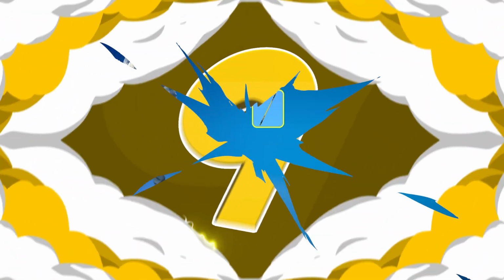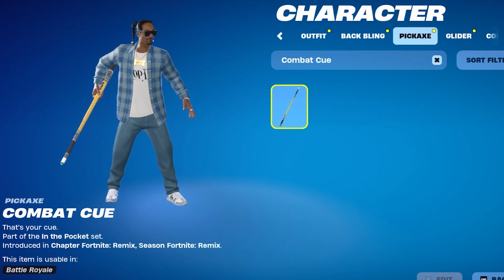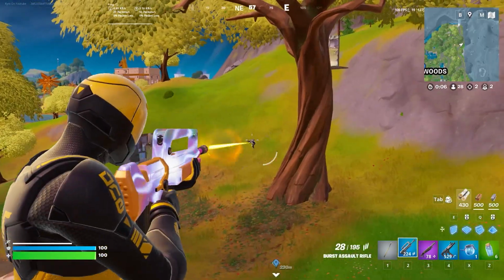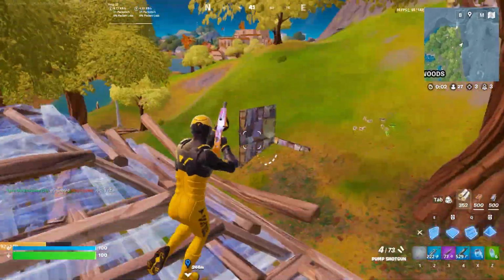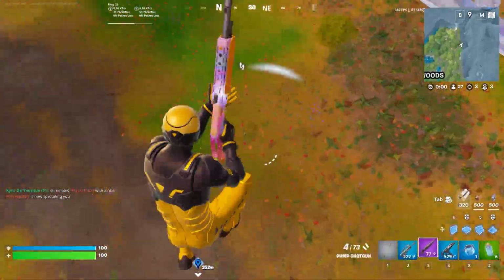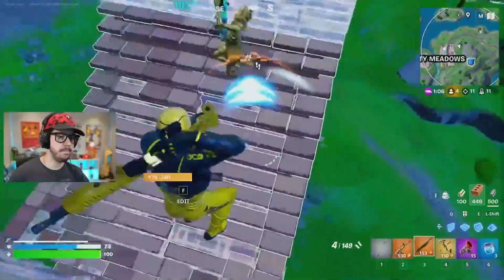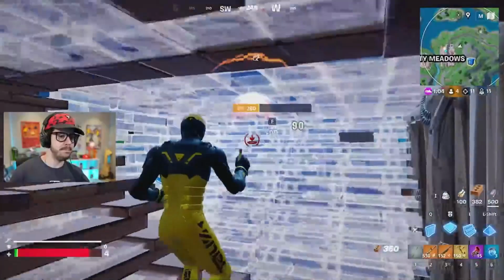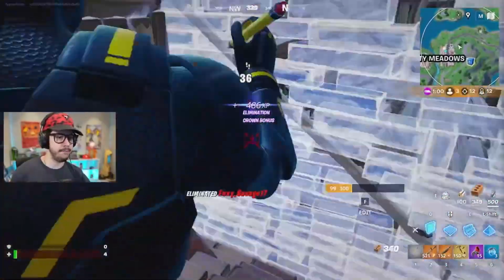If you did miss out on this though, you probably also missed out on the Combat Queue, which was also part of the Chapter 2 Remix Battle Pass. The Combat Queue was designed for the 1-ball skin. I feel like this is actually one of the more underrated skins that we had during that season. Not too many people ended up using this, and I have no idea why, because I am a really big fan of this. I feel like 1-ball was so well done and has a really unique design,